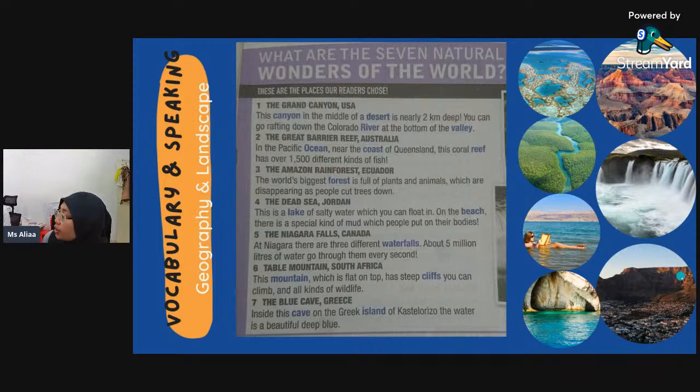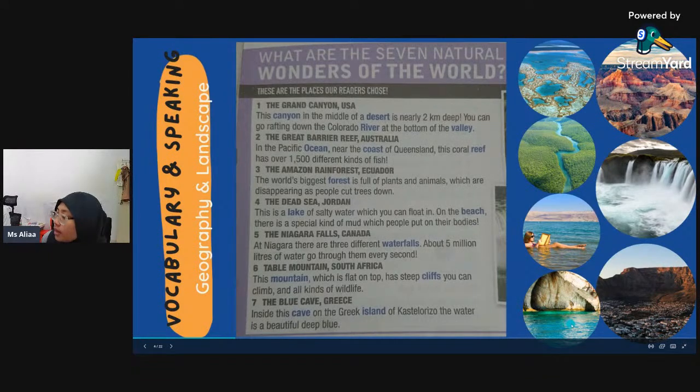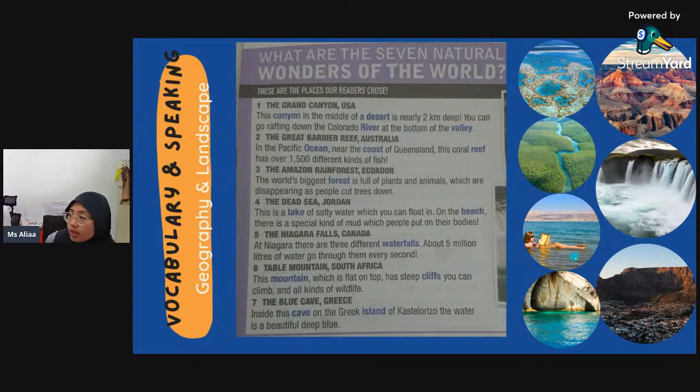You can see the top is flat like a table, and here we have the Blue Cave. This is the Dead Sea, the saltiest lake, and then we have the Amazon forest, and this is a picture of the Great Barrier Reef in Australia.